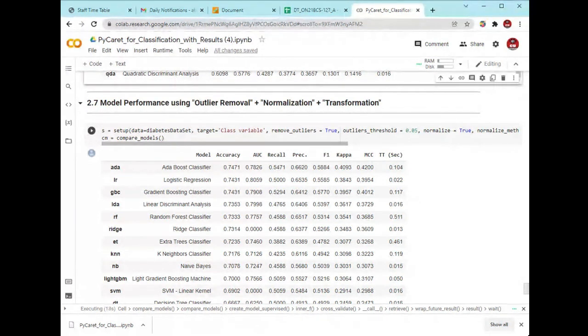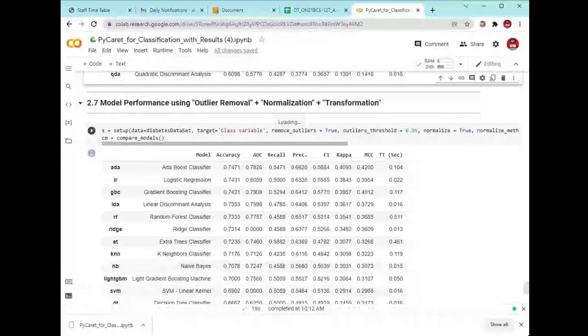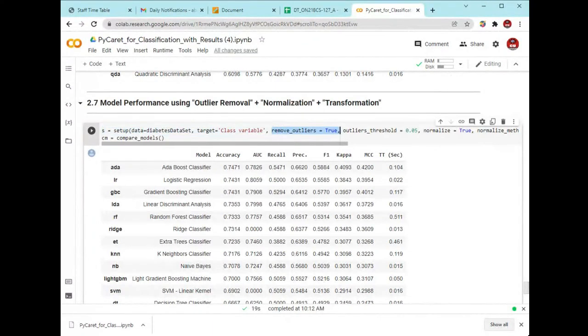Initially we saw all the parameters one by one, but right now you can see after the target variable we set remove outliers to true, then we define the threshold value for this outlier removal, then we set normalization to true, and we set the normalization method, and after that we have compared this model with the